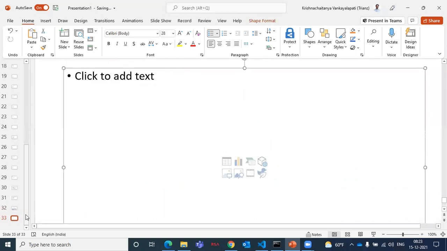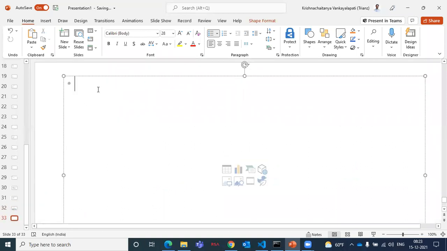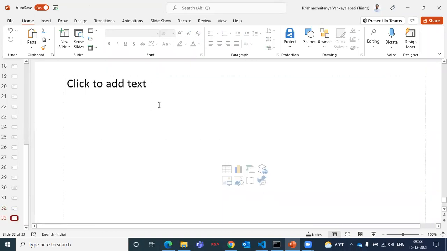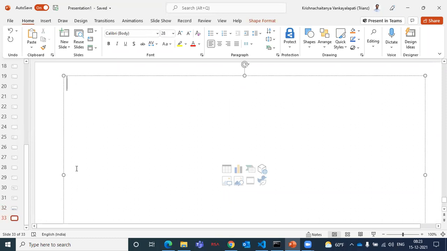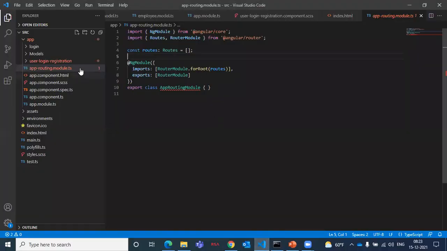One question. Routes-wise collection of only array elements. Why can't it be something? Wait, the concept is not fully completed, right? Okay, why can't it be something, Krishna? I will answer once the concept is complete. After the concept, we will have the doubts. You may be confused right now.